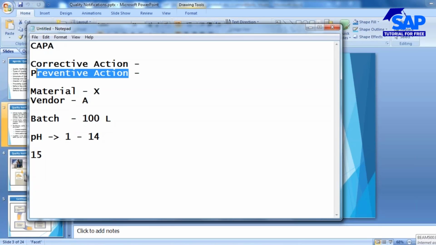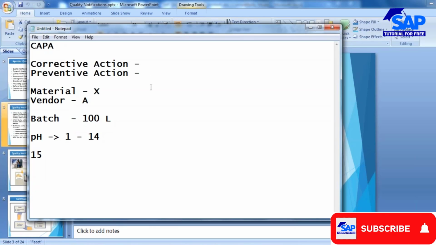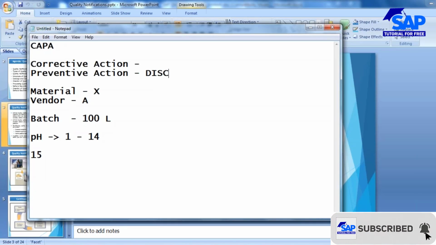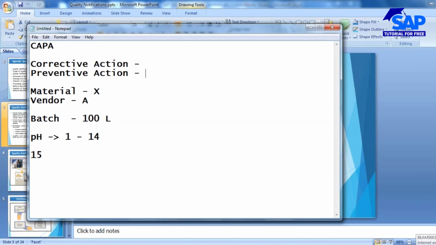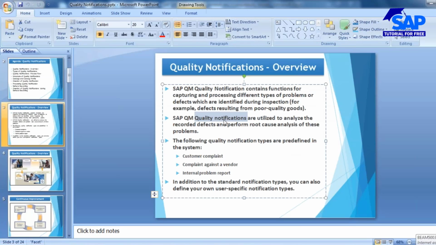Now the preventive action: in future, to avoid these kinds of issues again, what preventive actions are you going to take? Are you discontinuing the vendor, or not paying the vendor, or paying less price? Those kinds of actions are documented in the system using these quality notifications.